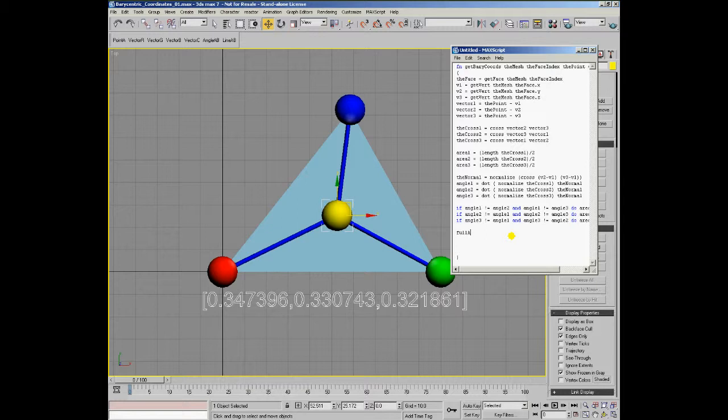Now, we can calculate the full area by adding area 1, area 2, and area 3. If one of those areas is negative, it's going to be